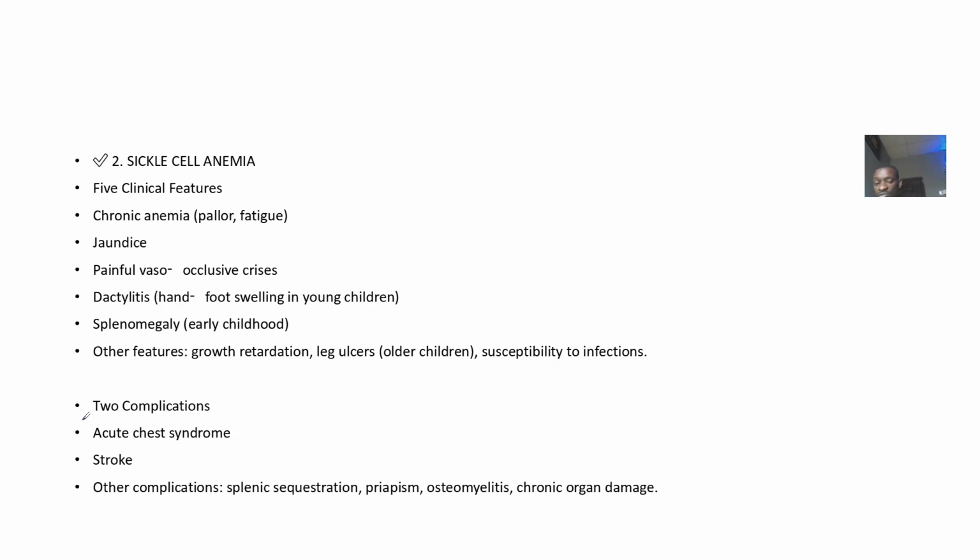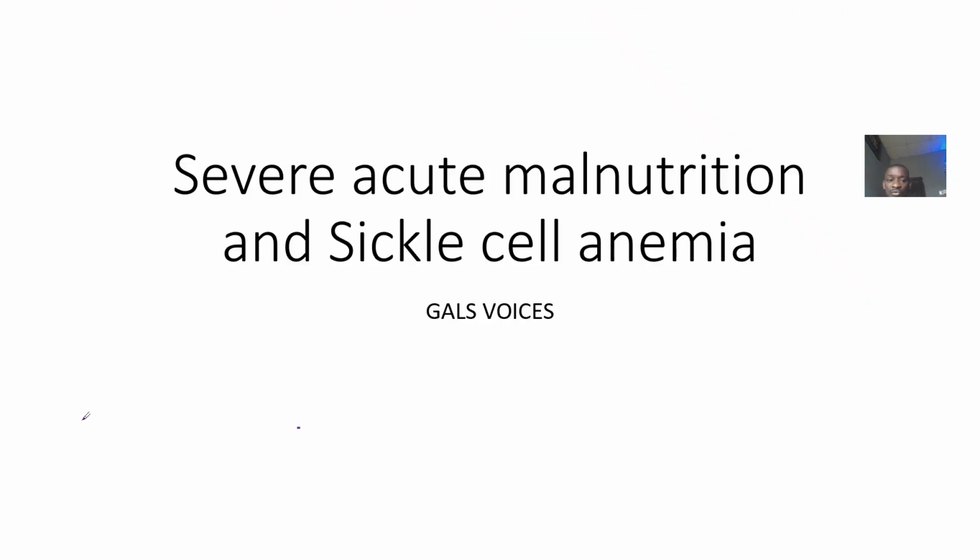For 2 complications, it could lead to acute chest syndrome, stroke, sequestration crisis, and priapism, where a male child is having a penile erection that's not due to sexual stimulation. Then also osteomyelitis. Okay, so that's what we have for severe acute malnutrition and also sickle cell anemia. Talking about the clinical features and also the